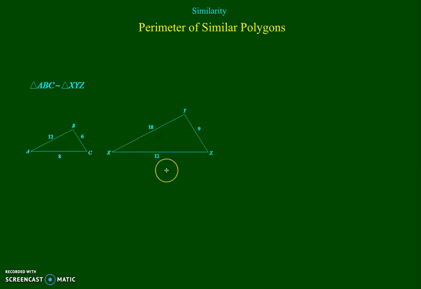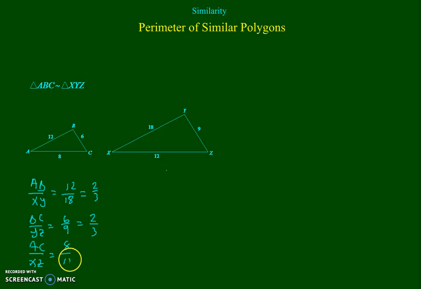AB to XY is 12 to 18, which is 2/3, and BC to YZ, which is 6 to 9, is 2/3, and AC to XZ, which is 8 to 12,